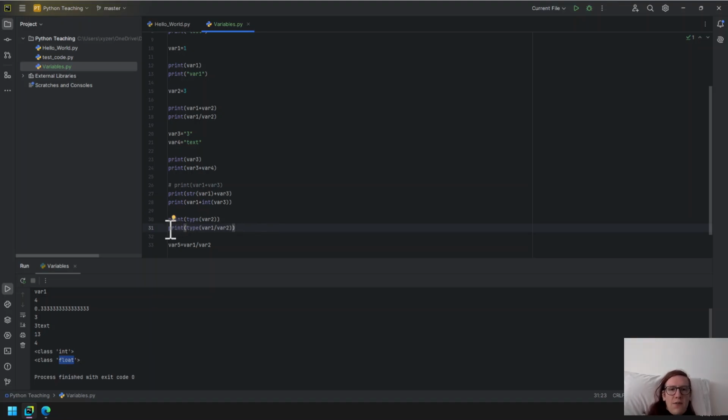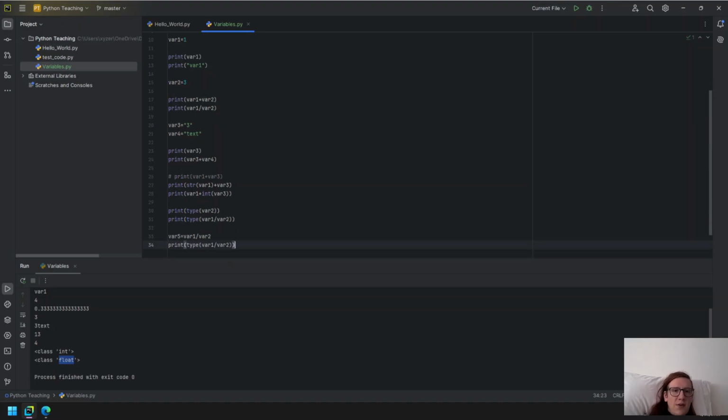This new var5, Python will figure out on its own via this sort of context that it does, that var5, even though now the right side of your assignment operator is all just math,